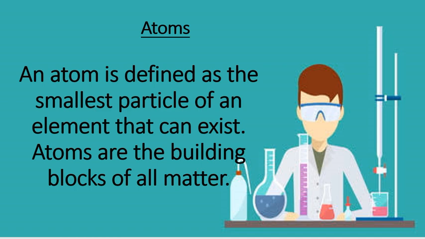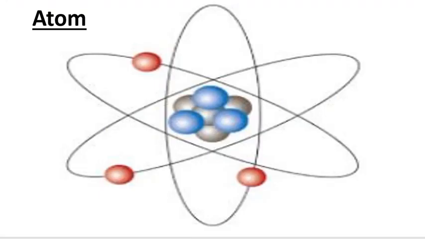This is a picture of an atom. This is the structure of an atom. You can see over here, in your previous class, class 5, you studied the structure of the atom, that this type of shape is called the atom. There are subatomic particles in it: protons, neutrons, and electrons are there. This one is the atom of lithium.